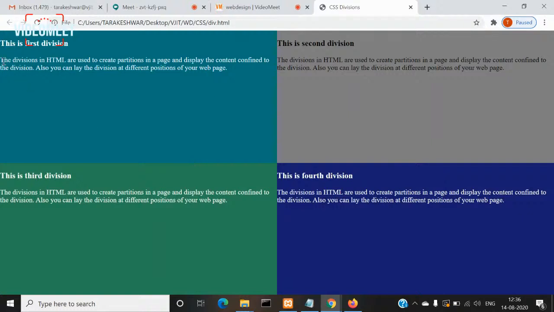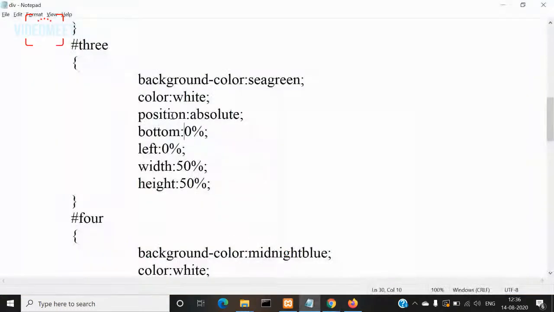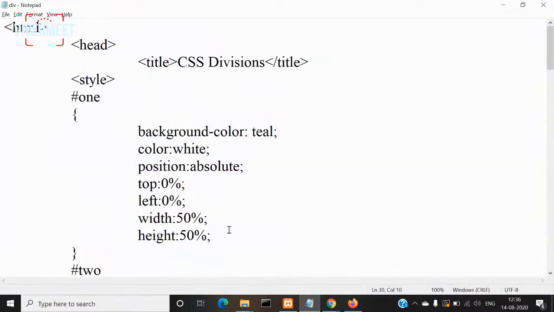And you can notice the content, the paragraphs are exactly colliding with the borders without any margin. If you want to give a margin, you can mention that with a property called margin. Margin property you can give, and you can mention it in terms of pixels, percentage like this. So if I mention margin 5 pixel,